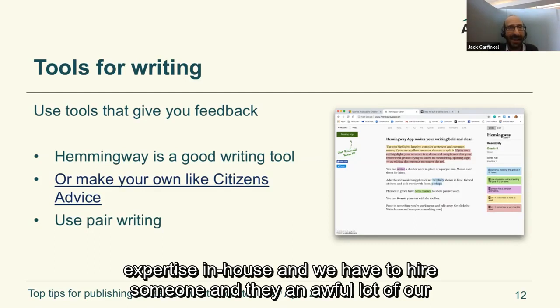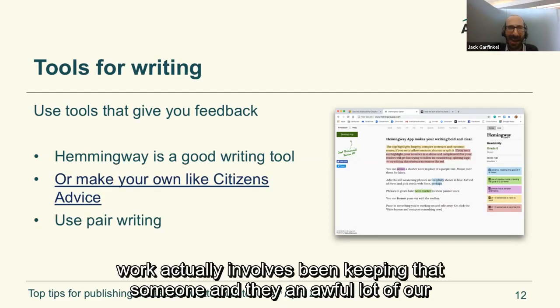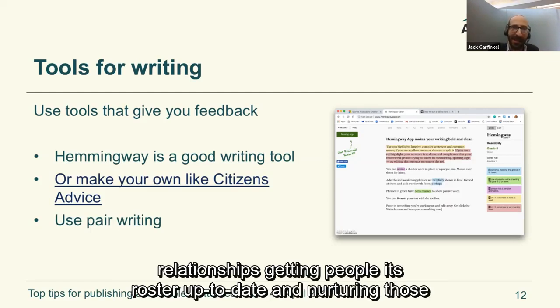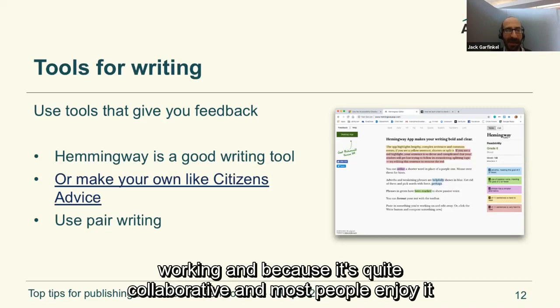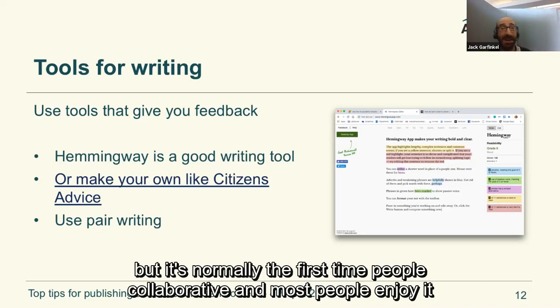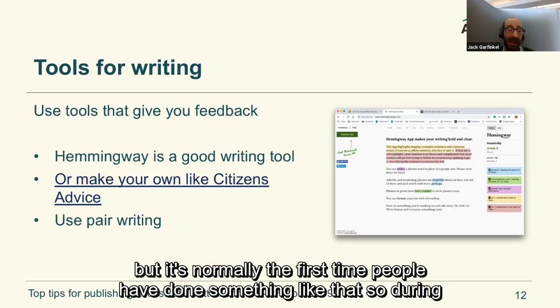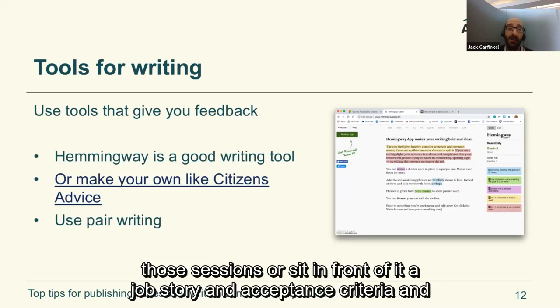And an awful lot of our work involves keeping that roster up to date and nurturing those relationships, getting people integrated into the way of working, because it is quite collaborative, and most people enjoy it, but it's normally the first time people have done something like that. So during those sessions, we'll sit in front of a job story and acceptance criteria, and